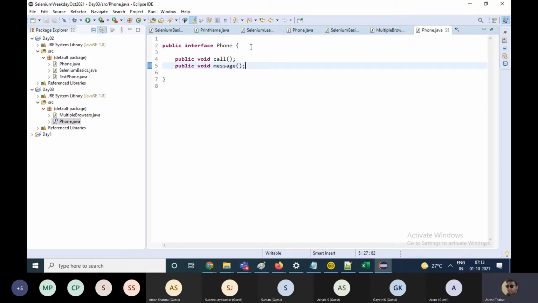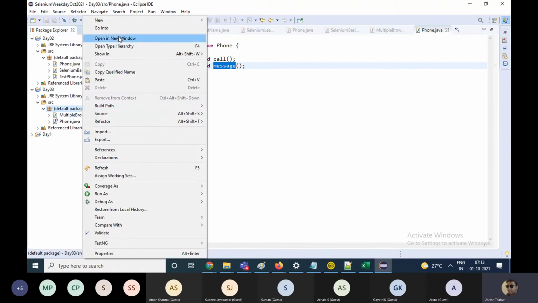You don't have the method bodies in the interface. You just put up the methods and their names just like that in the interface, so that if a third person is looking at the interface, he is able to understand what features are provided by the phone, basically what the features of a phone are. All right.